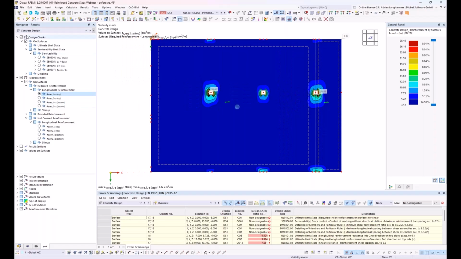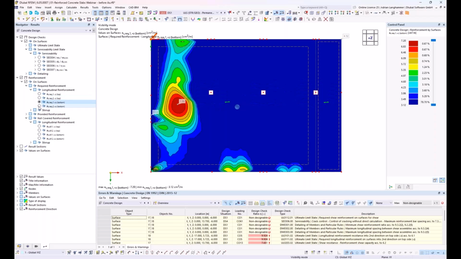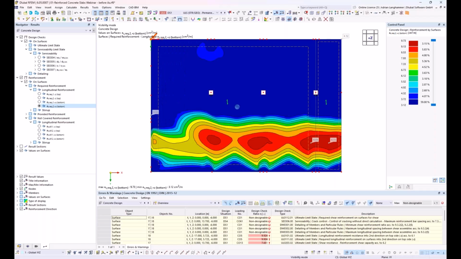When it is calculated, you have here in the result navigator for the concrete design this point, reinforcement, and then you could have a look at the required reinforcement at the top side in the first and the second direction, and at the bottom side also in the first and second direction. At this point, it would be theoretically possible to document the results, and then you have your concrete design. But you could